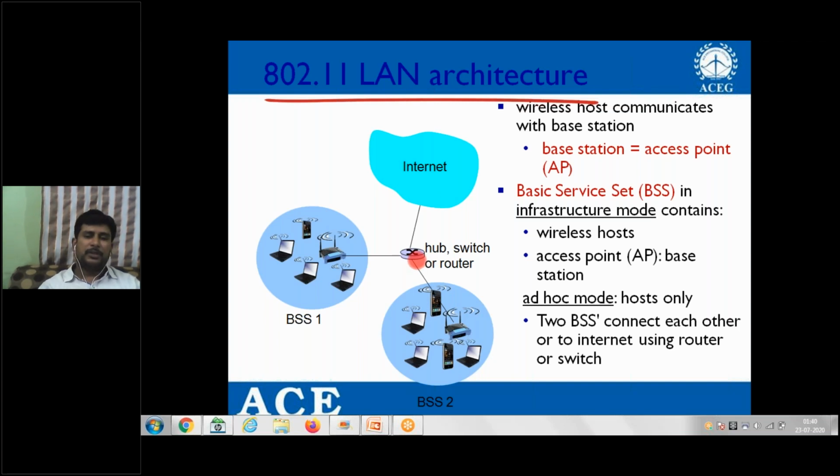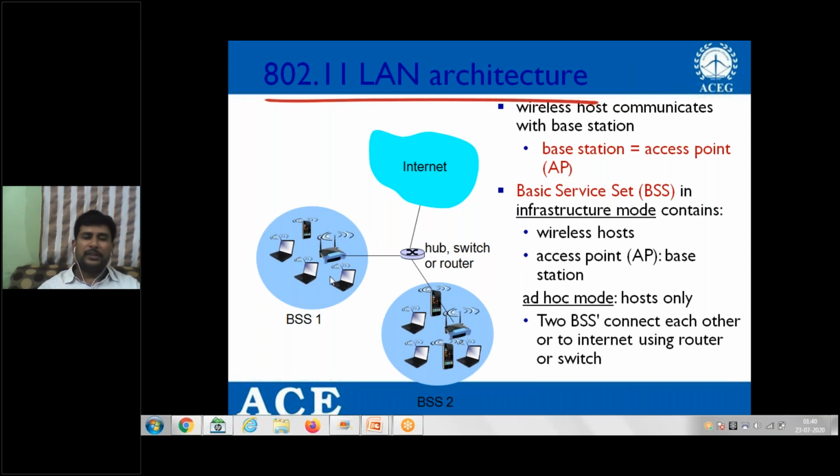Okay, so a single basic service set with a group of devices, a base station, and the wireless links is called a basic service set. Two or more basic service sets trying to connect to each other and to the internet, we refer to that type of architecture as an extended service set. Okay, a basic service set consists of wireless devices, a base station or access point, or no access point, and wireless links. Connecting two or more basic service sets, we are going to refer to it as an extended service set. Okay,